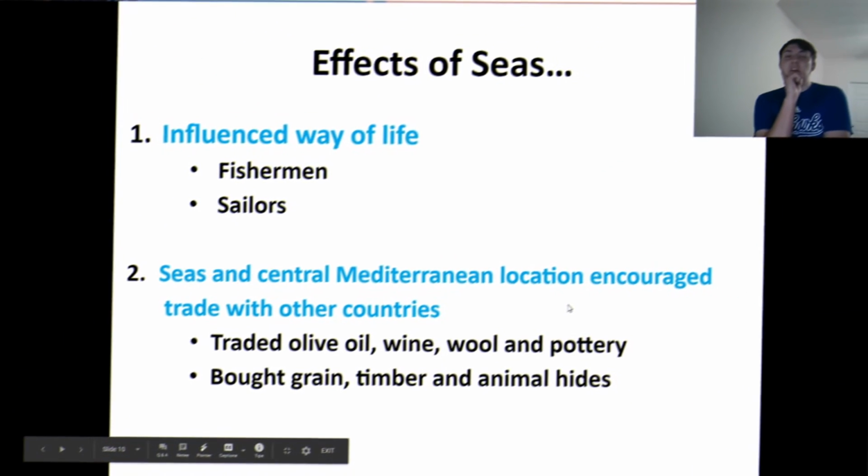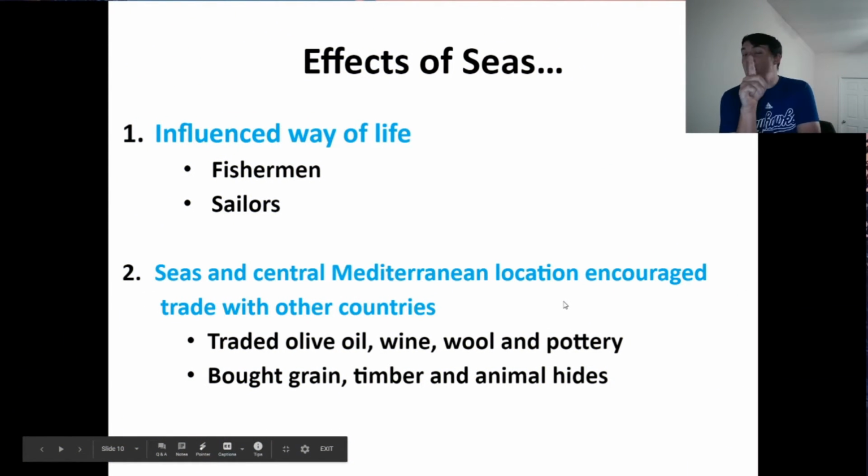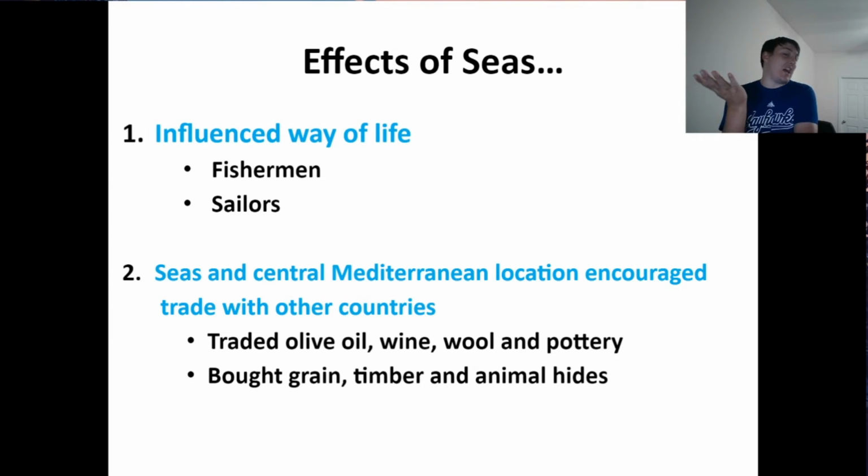So the effects of the seas: they influenced the way of life, with fishermen and